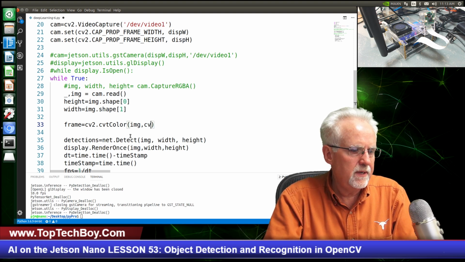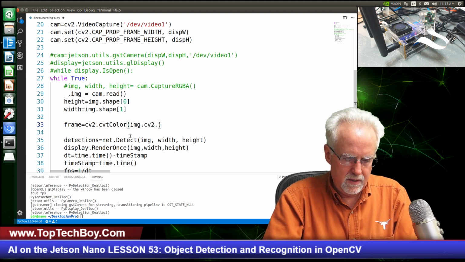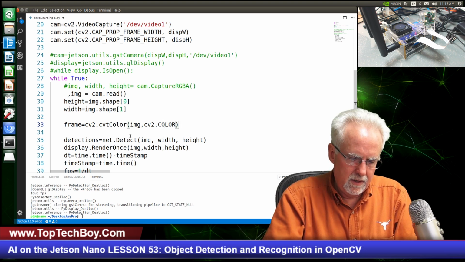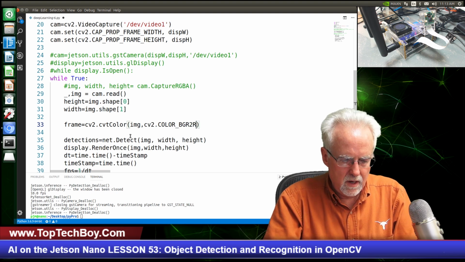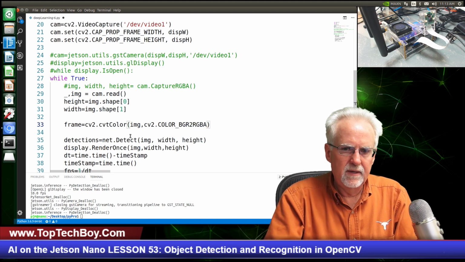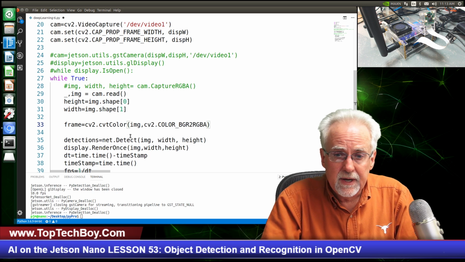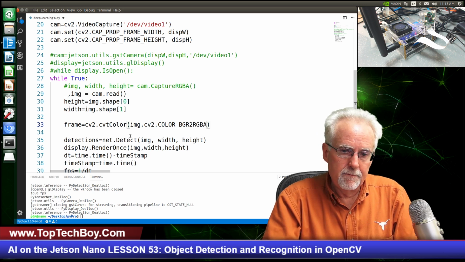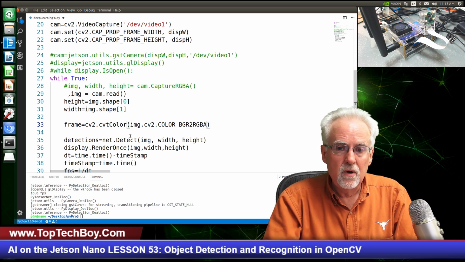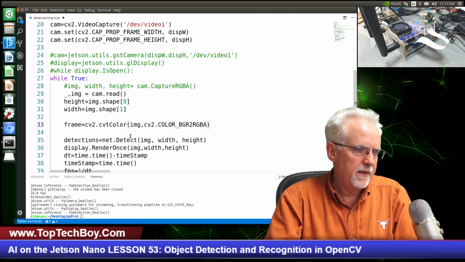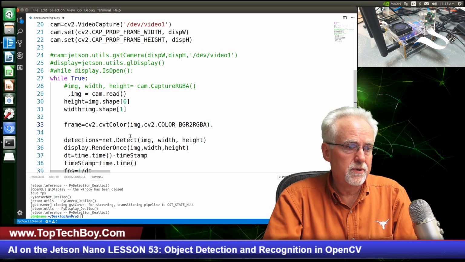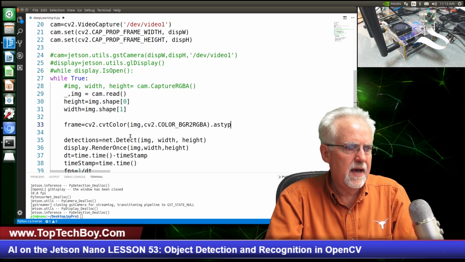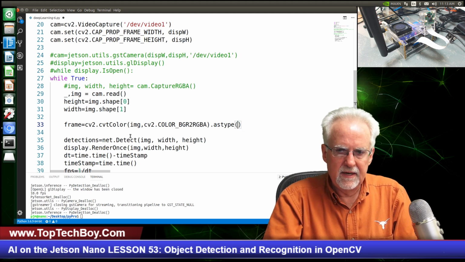Well, cv2.COLOR_BGR2RGBA, because our friend Mr. net.detect wants an RGBA. All right, now it's worse than that. After the parenthesis, you have to give it the type of numbers it's going to be. So it's going to be .astype, and then it's going to be